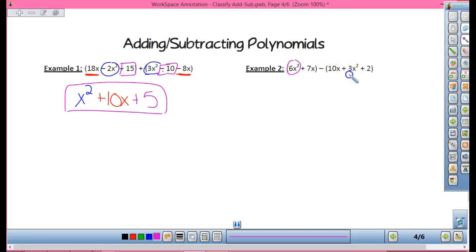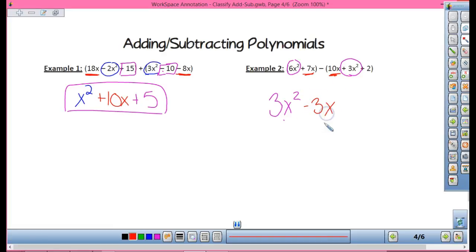Minus what? 3x squared and getting 3x squared. Yep, so I'm going 6x squared minus 3x squared. Now I've got 7x minus 10x gives me